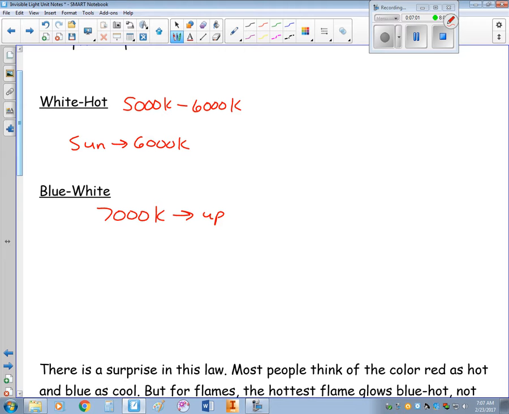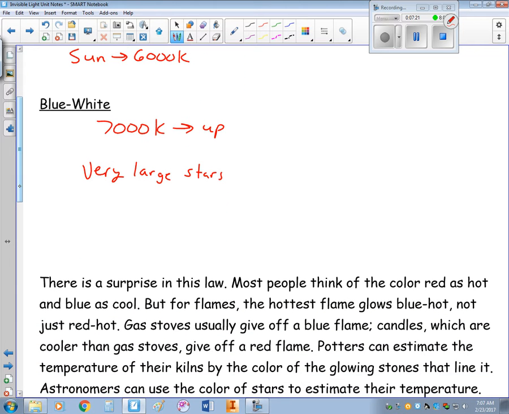Some really, really large stars. They are so hot that they glow blue. So what we have here is there's a color law that we can use. The